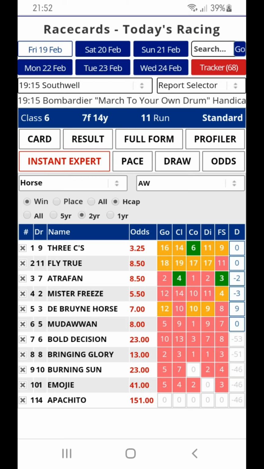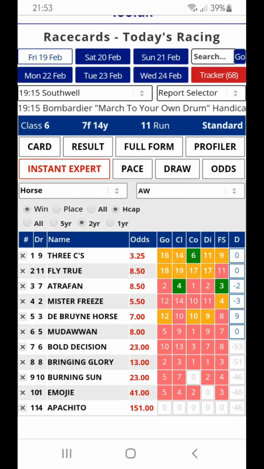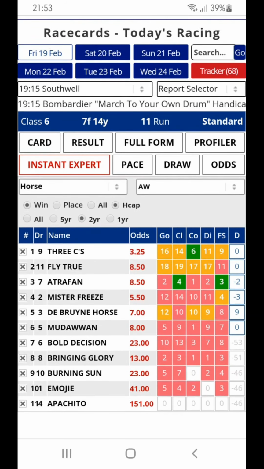And the numbers that you see in the boxes are not percentages, they are the number of runs. So in the case of 3Cs, I'm looking at his win form. If you look at the radio buttons, you can see I'm looking at his win form in handicaps in the last 2 years. And if we look at the course column, we can see there's a green block with a white number 6. That means he's run 6 times at the course in handicaps in the last 2 years, and he has a green